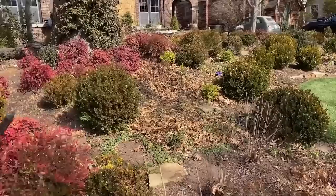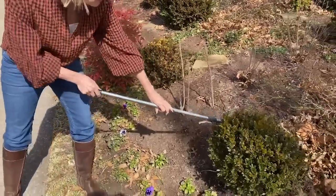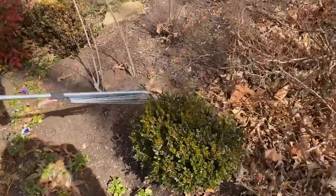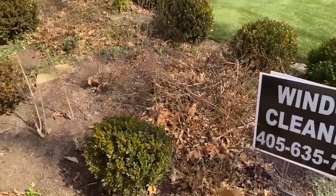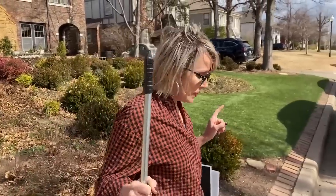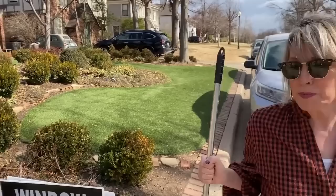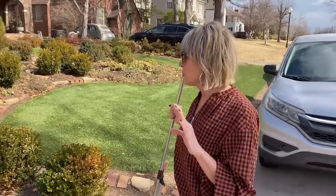Obviously I've got a lot more. I'm not taking them off of my little roses here yet. I'm going to leave them around that, and I will come back a little bit later to remove that. Now, the other benefit of that is that not only does it provide protection and protective mulch for those things